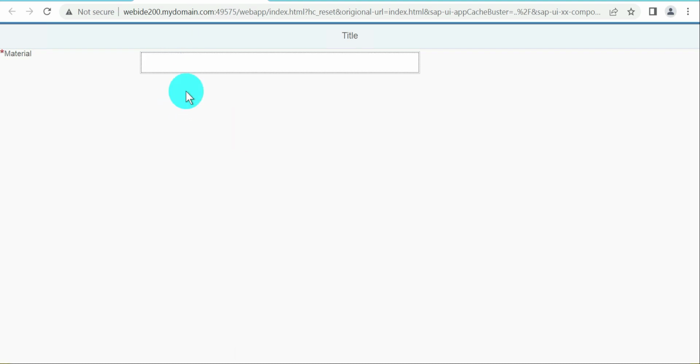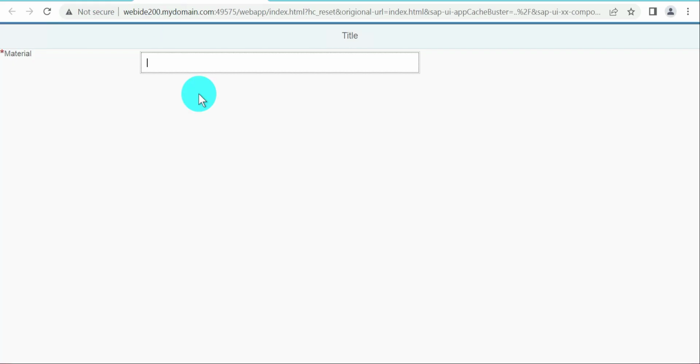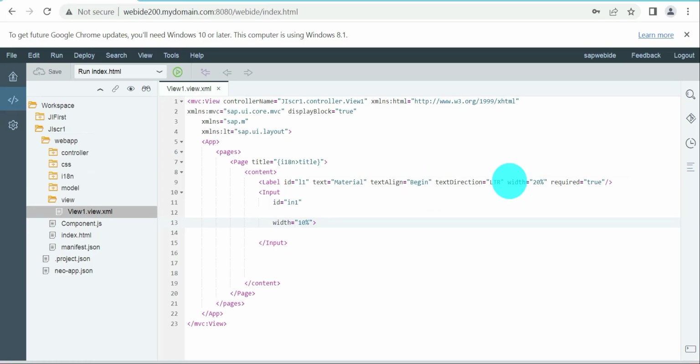Refresh. So you're getting an input box here. Okay, and if you want, you can change this also. Like I want only 10%. Save it. Go here. Refresh. It's got changed. Okay, and some technical prerequisite I can say, if there is a label, we always mention